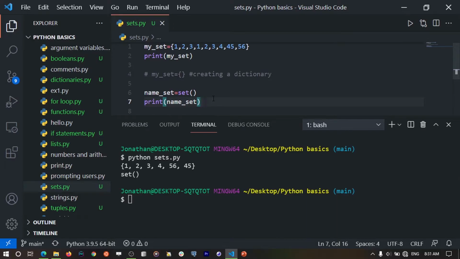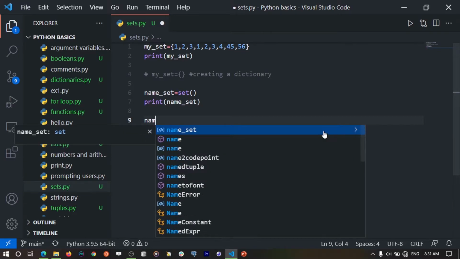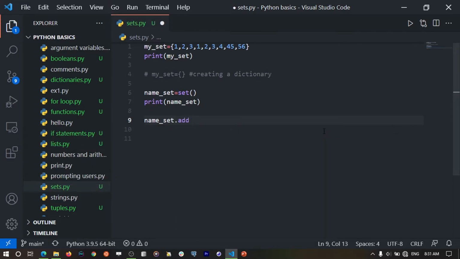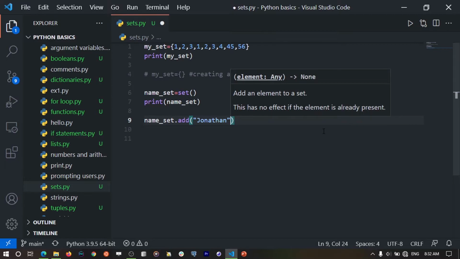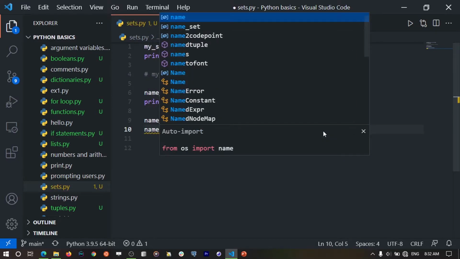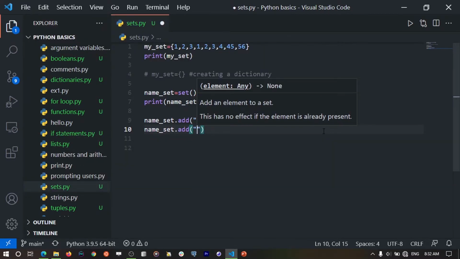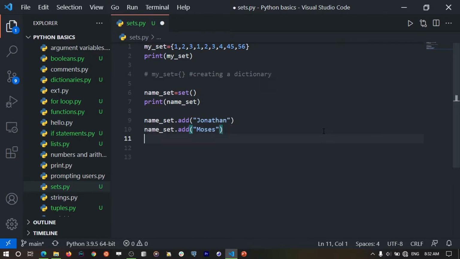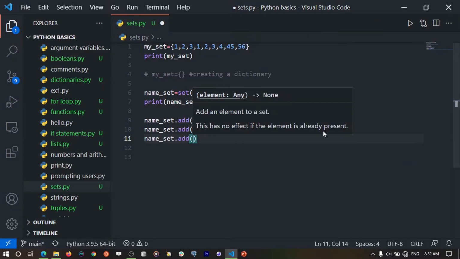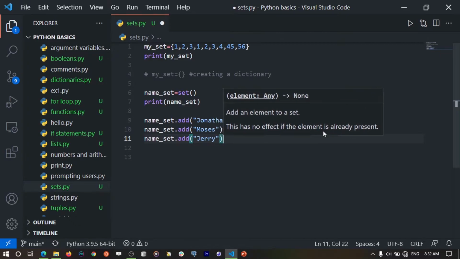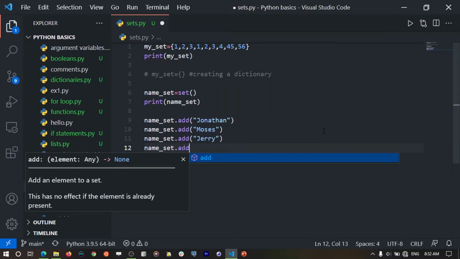So let's try to add some elements to our set. So to add elements to our set, we are going to say name set dot add, and then we assign the element we would like to add. So let's add Jonathan. So let's also do the same. We're going to add other names. So I'm going to say name set dot add. So I'm going to add Moses, and we can also say name set, and then we add Jerry, and let me add name set dot add